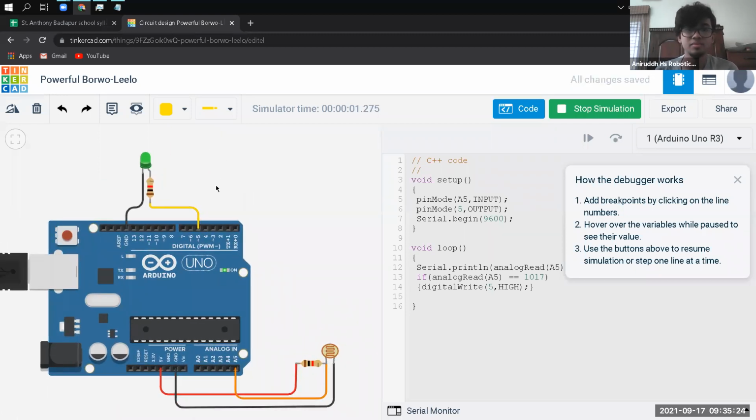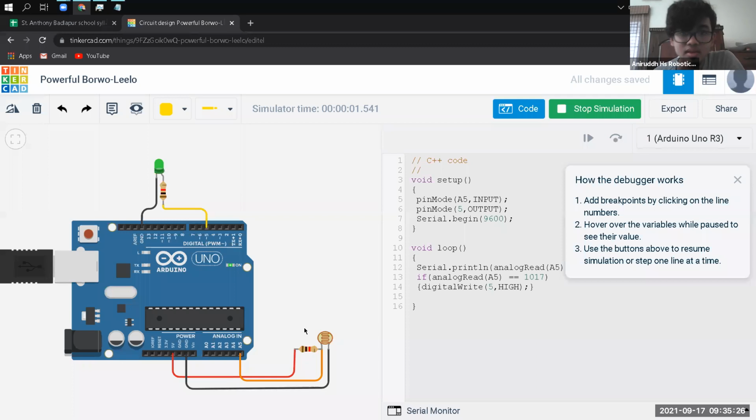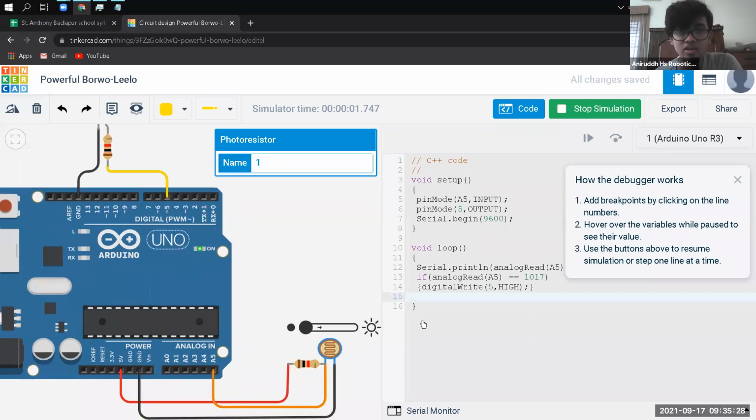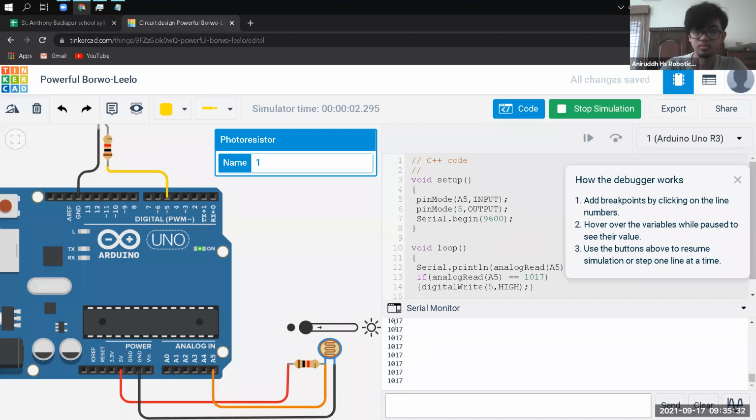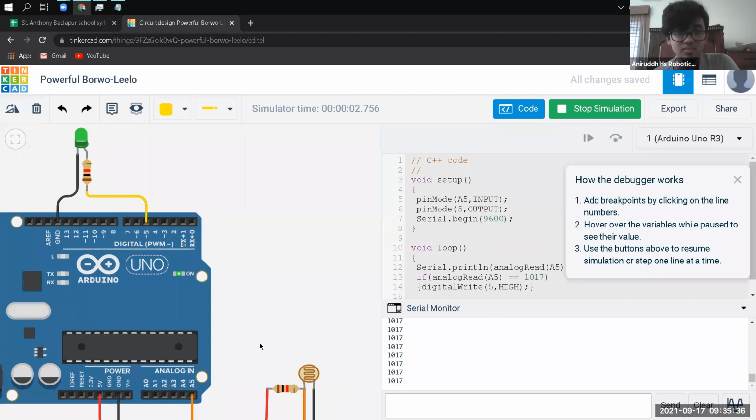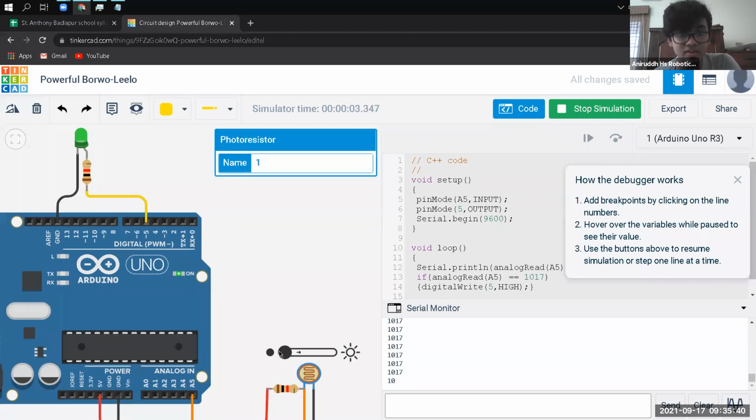Okay, cool. So everybody sees this, right? So right now, the serial monitor is reading how much? 1017 on the control shifts place. Yeah, so that's because it is already night time. That's why the LED is already on. You see it, right? But if I move this and it's morning, the LED should turn off. Why is it not turning off? It's still on. The 1017 has changed, but the LED is still on. Can somebody help me out with this issue?